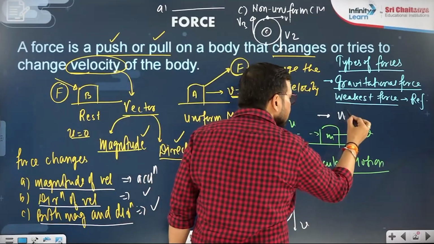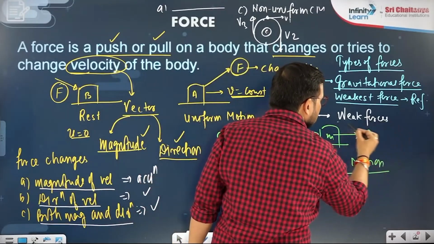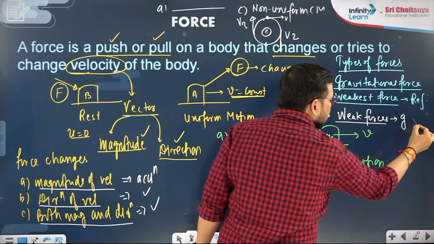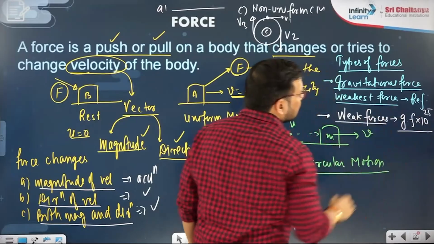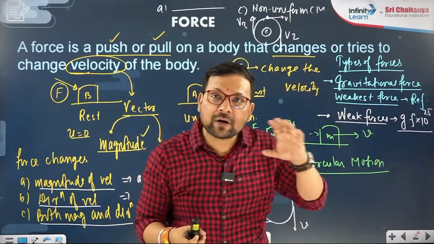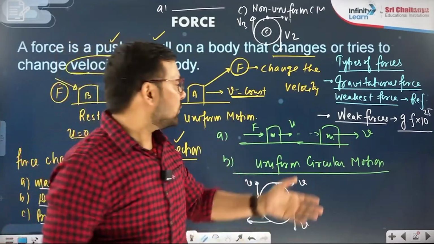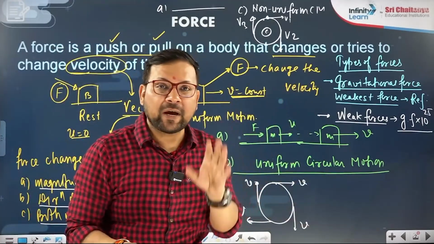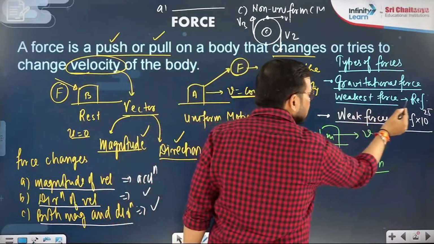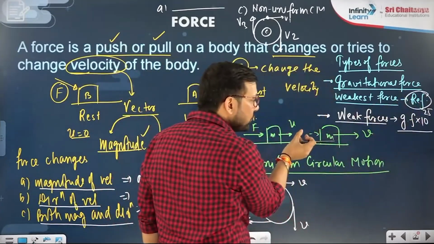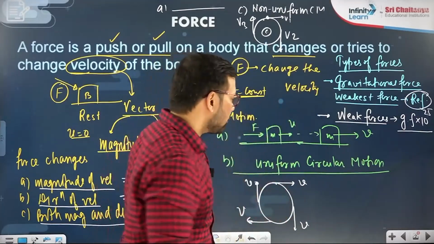The second force is the weak force. Do remember, weak forces are gravitational force multiplied by 10 raised to power 25. That is the order of weak force. This order, this data, as I said, either we know or we don't know. So you cannot think it out. As it is fact-based, get ready, be aware of the facts. Weak forces are gravitational force into 10 raised to power 25. Make a note of it.